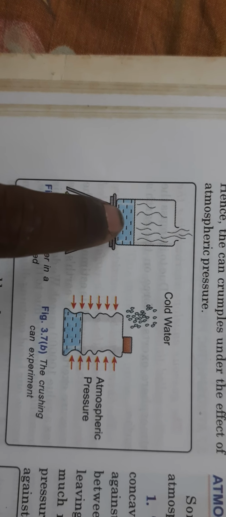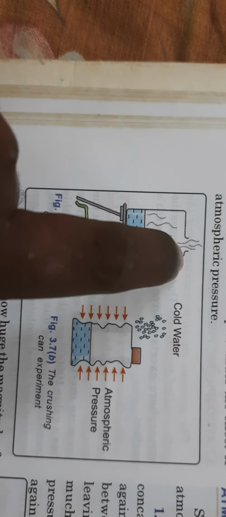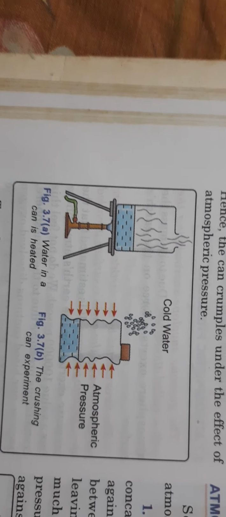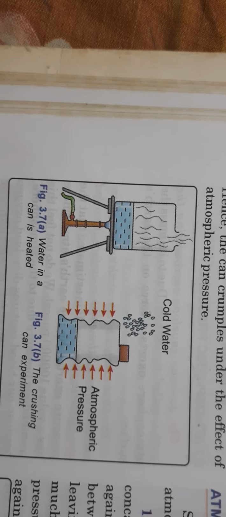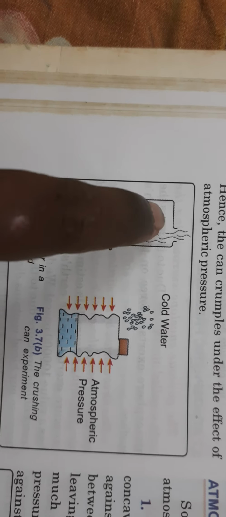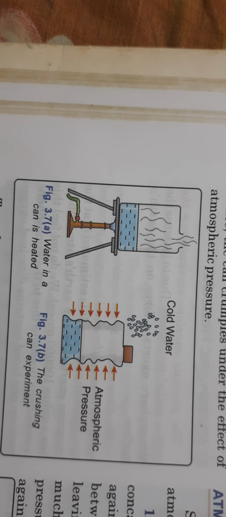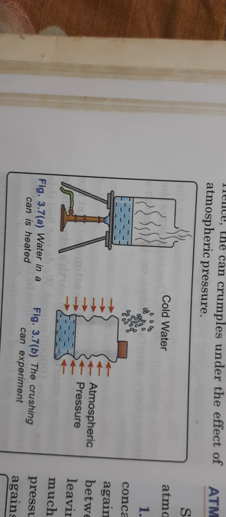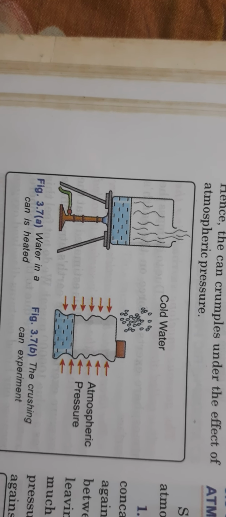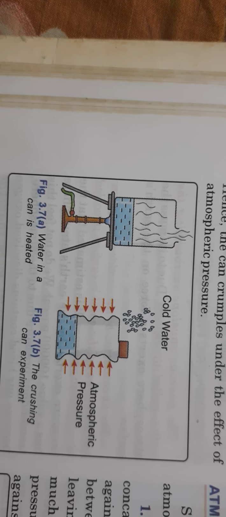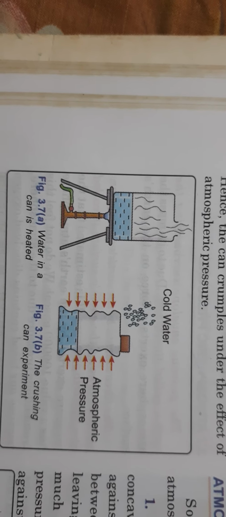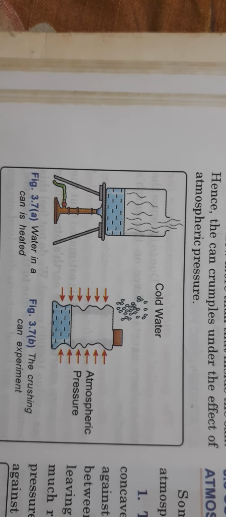When the water starts boiling, the vapors from the water start rising up, as you can see. Wait for the water to boil nicely. The vapors which come out from inside of this tin can will also push out the air which is inside the tin can. Remember that air which I was talking about just now, which actually retaliates against the outside atmospheric pressure; that air will be pushed out as the water is boiled.